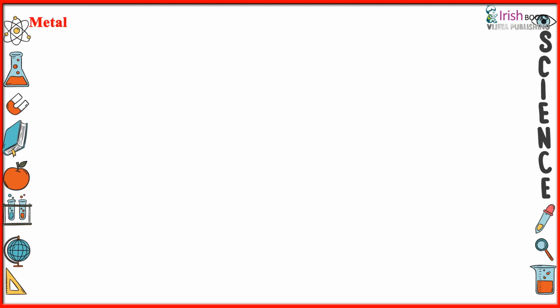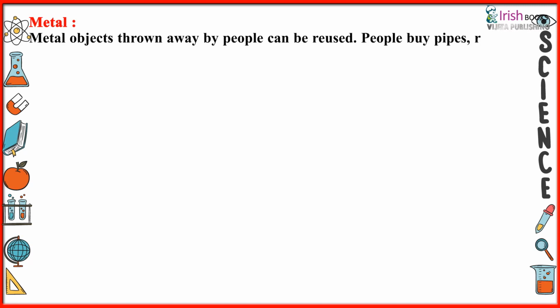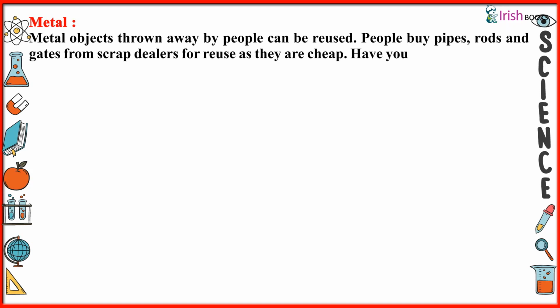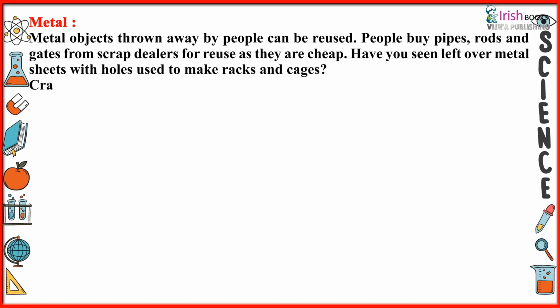Metal. Metal objects thrown away by people can be reused. People buy pipes, rods, and gates from scrap dealers for reuse as they are cheap. Have you seen leftover metal sheets with holes used to make racks and cages? Craftsmen buy and melt